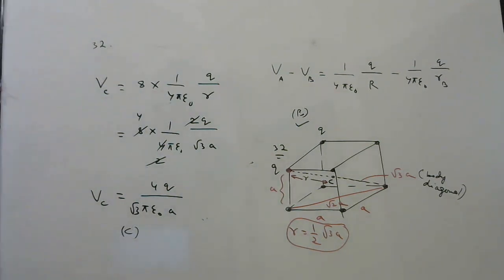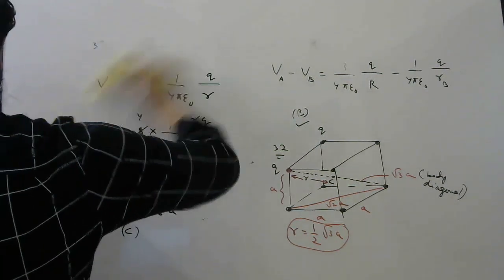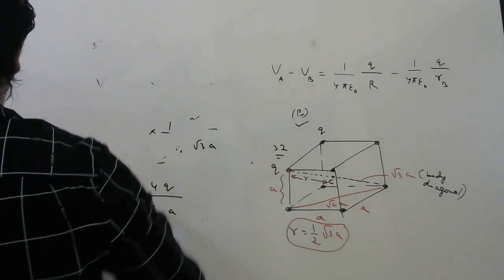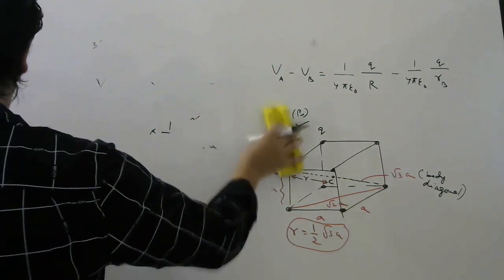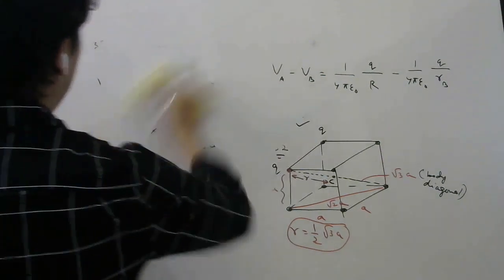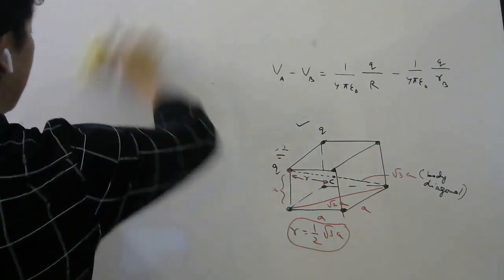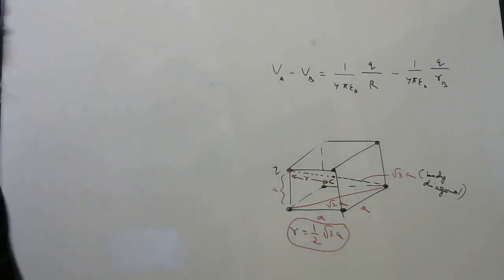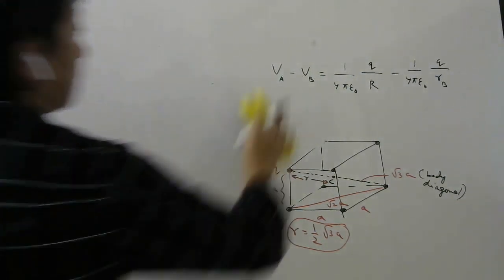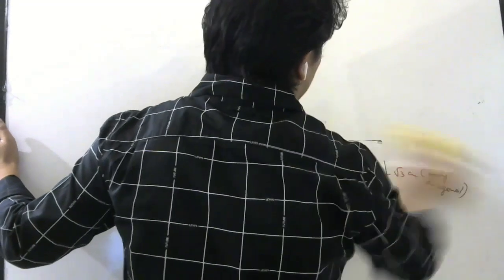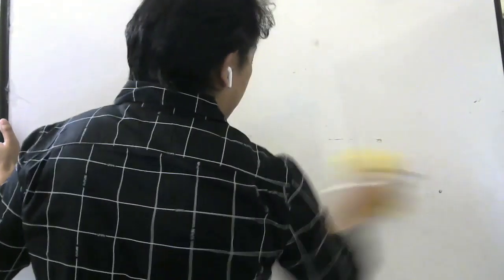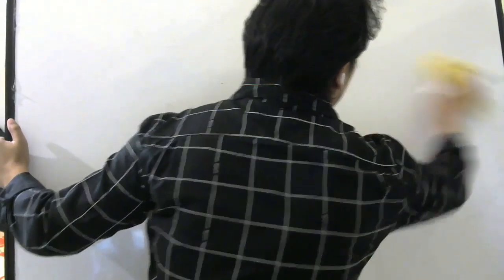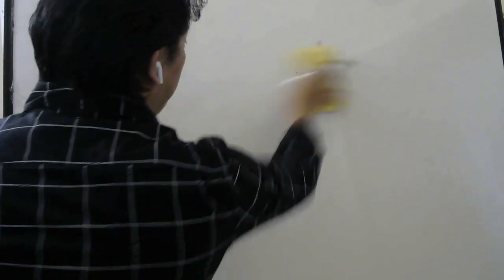Okay. Question 33, you see. A half ring of radius capital R has a charge of lambda per unit length. So lambda is the linear charge density. For what kind of ring did they tell? Half ring. So what is the meaning of lambda? Charge per unit length. So divide the charge on the ring by the length of the perimeter of the ring. Okay students, so question number 33.